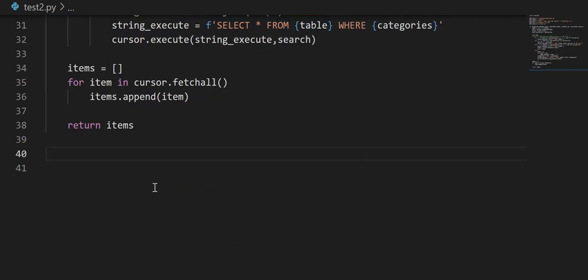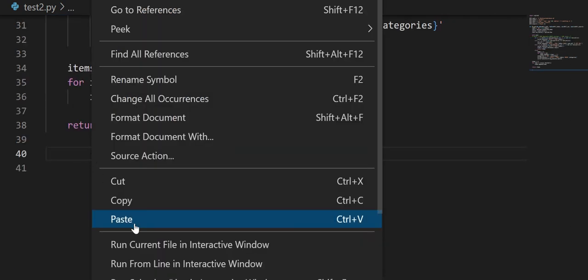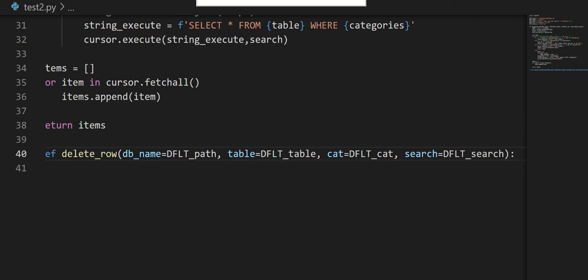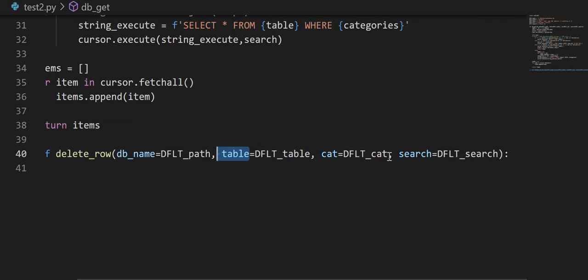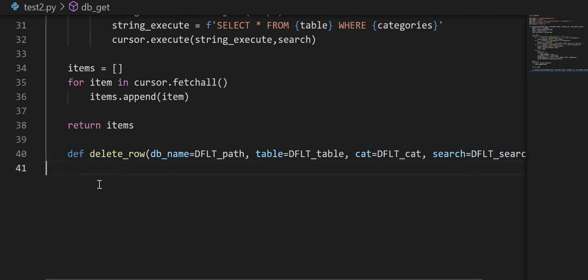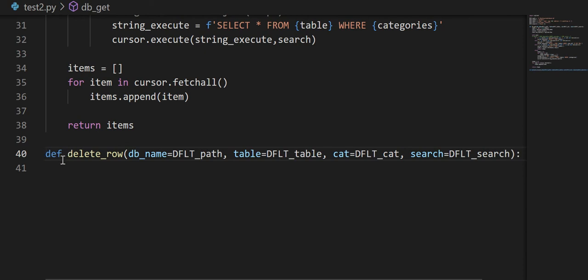Okay, for now let's learn how to delete data. So I'm just gonna paste in my function here, and it is similar to what we had before. Again, we have our database name, and then we have the name of our table, and then we have our category and search. Again, these values here, this will be a list, and this should be a list as well. So, like we did previously, we are going to, oh, hold on, let me just backspace that, there we go, and we are going to